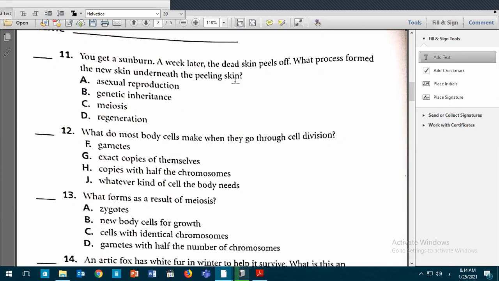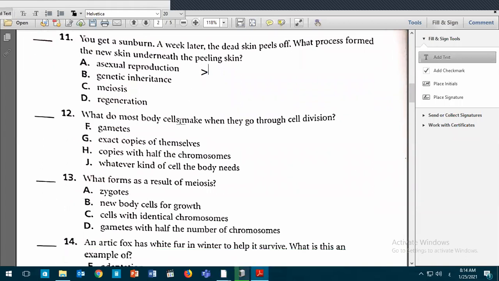It happens to the body cells. But this is also called asexual reproduction, the first one in here, because it's not between a male and female. It's not the type of reproduction that happens between one man and one woman. This is not sexual. This is asexual because it happens to the body cells. Like what happens to the snake, exactly. Yes, it changes the skin in order to regenerate new cells. That's right.